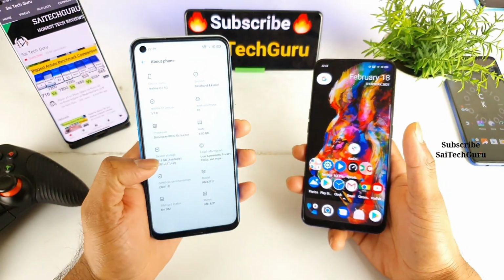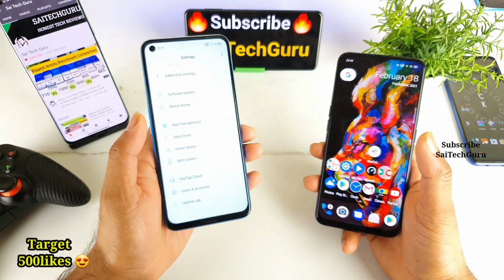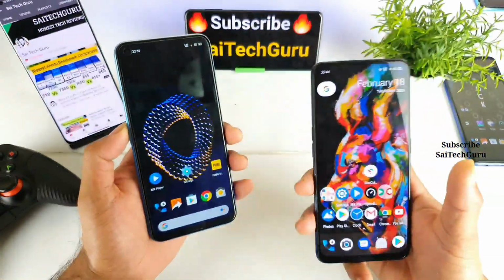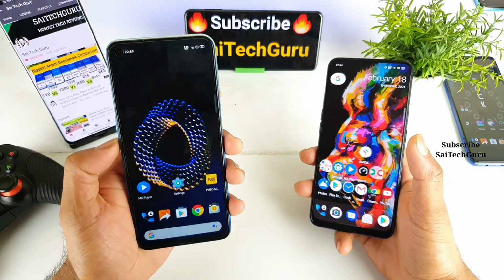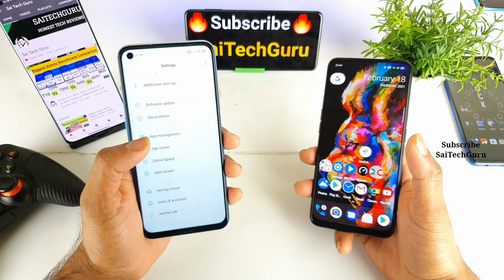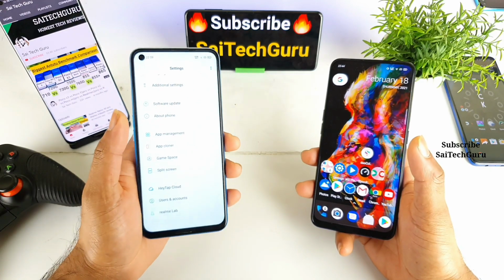A lot of users did ask me to do this kind of comparison and a lot of testing on this particular Realme Narzo 30 Pro. So in the upcoming days, I'll try to post more and more videos on this phone. Before the launch date itself, you'll get to know complete details about this phone regarding the battery, display, camera, haptic feedback, loudspeaker, notification light, all those things I'll try to cover in this particular variant.